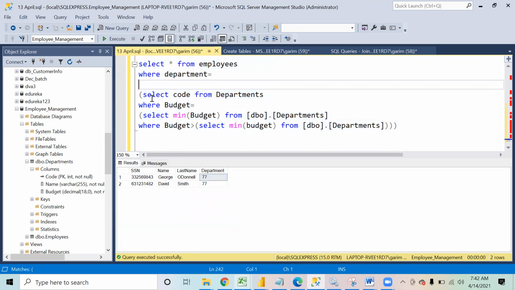So a lot of subqueries in this. We have done 1, 2, and 3 subqueries. First the inner subquery will be executed, which will give me the lowest budget. Then from here I get the second lowest budget. Then I pick up the code and compare it to the department.